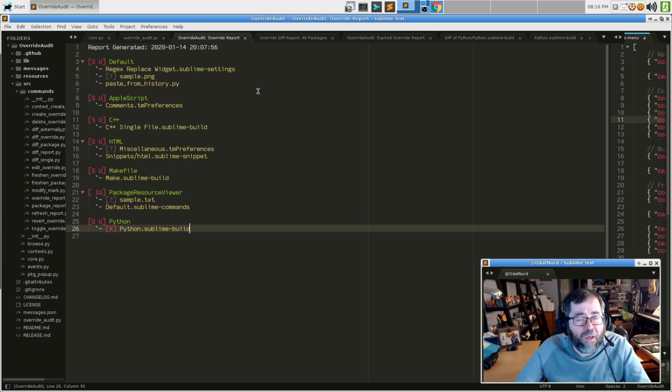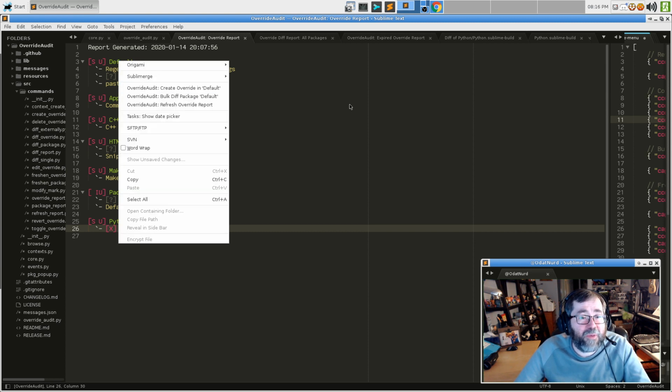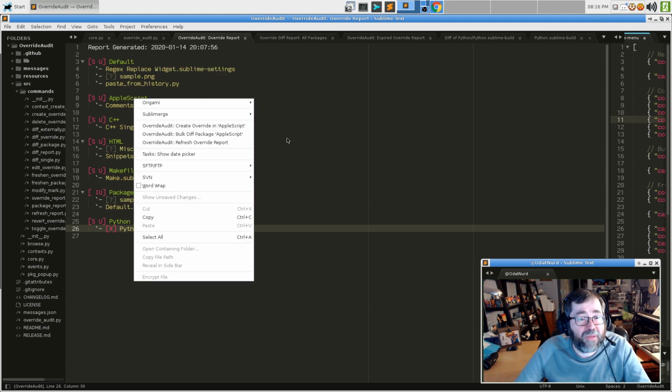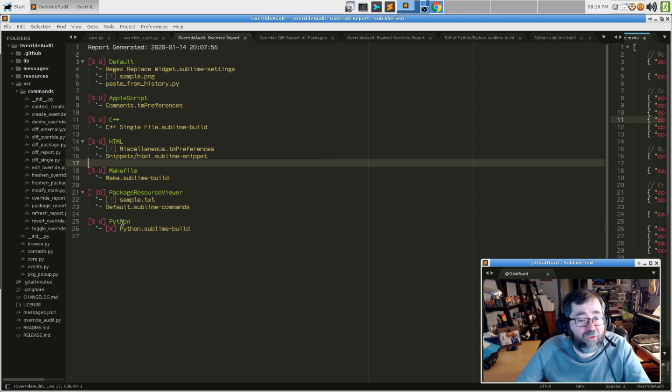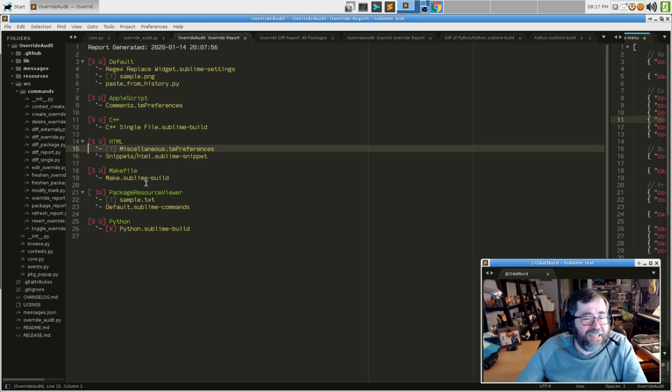Well, we could right click on this and pick freshen, and then right click on this and pick freshen, and then right click on this and pick freshen, and then right click on this and pick freshen. That would work, and it's pretty crappy user experience overall if there's a lot of them. So what's a good way around that? And one of the ideas I've had for this, which isn't the thing we're doing tonight, is a take on